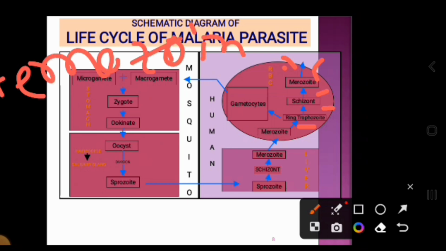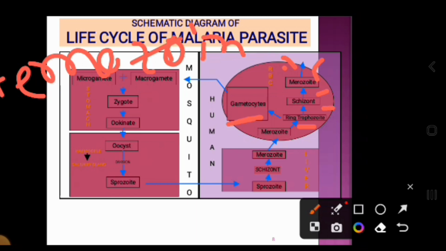And this hemozoin is responsible for the bone shaking chills in humans, which is the characteristic sign of malaria. Also, some trophozoites are converted to schizonts, but some trophozoites are converted to gametocytes, which are the precursor for